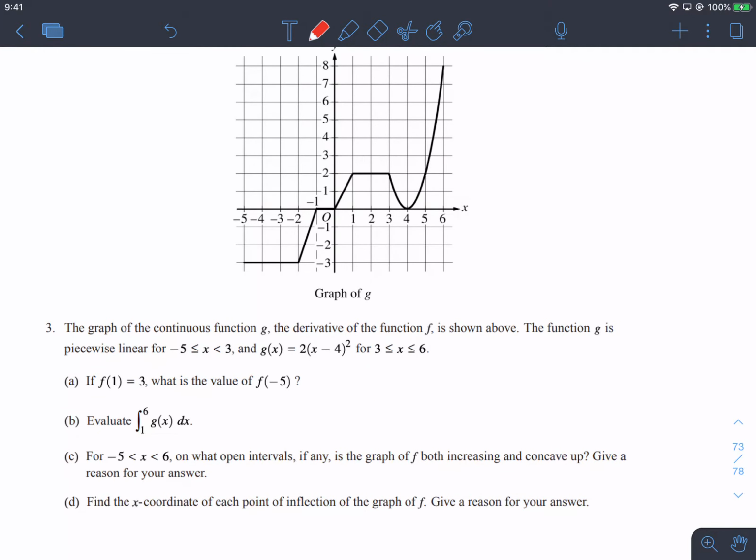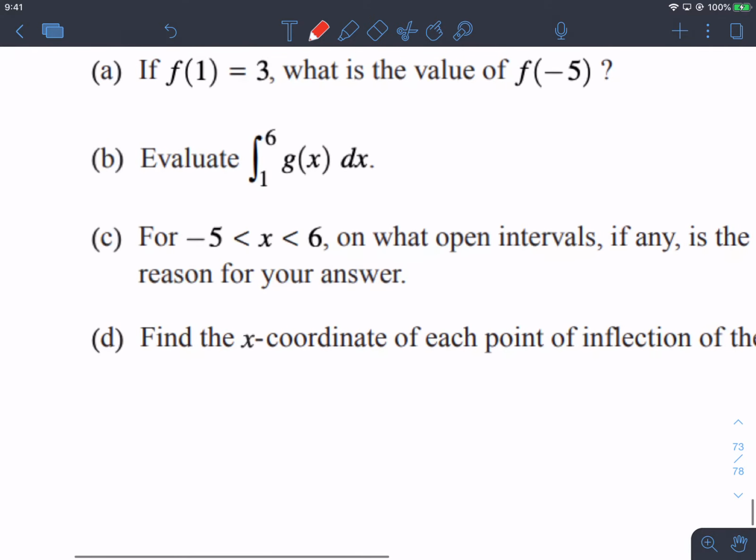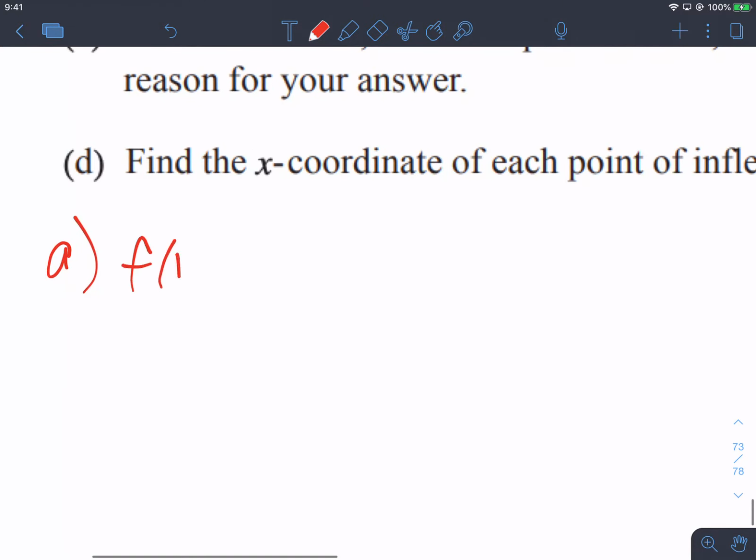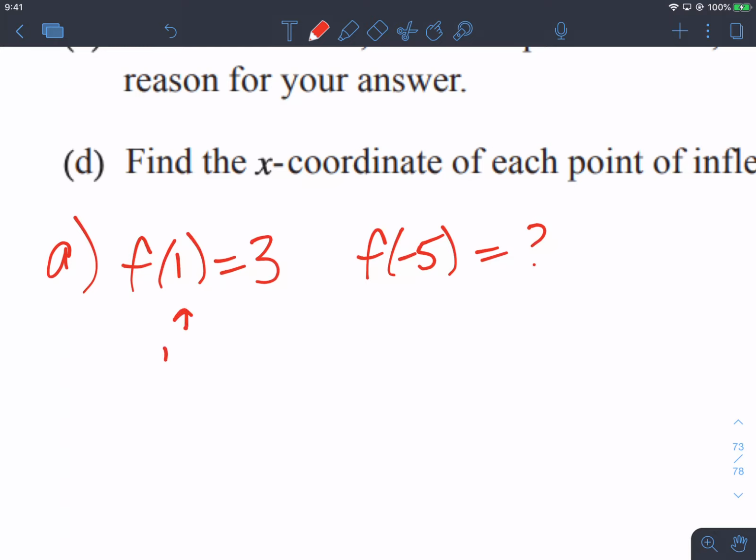Part A says, if f of 1 is equal to 3, what is the value of f of -5? So for part A, we have f of 1 is equal to 3, and I need to figure out what f of -5 equals. Now, whenever we are given two function values like this, something like an initial value, and we're trying to find a new value, something you need to think of is the fundamental theorem of